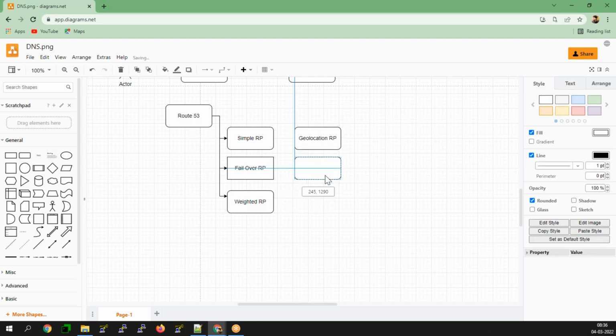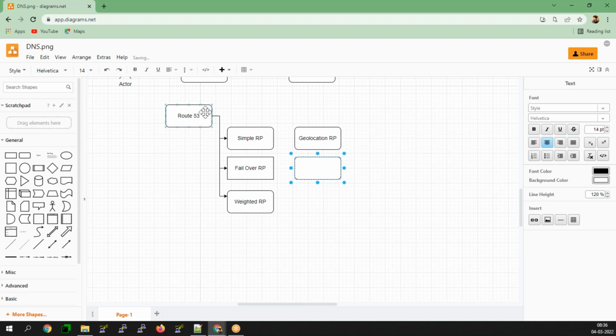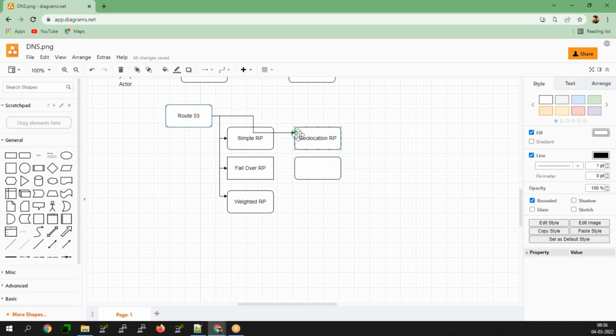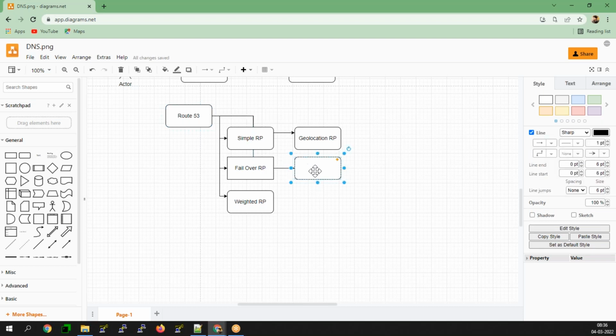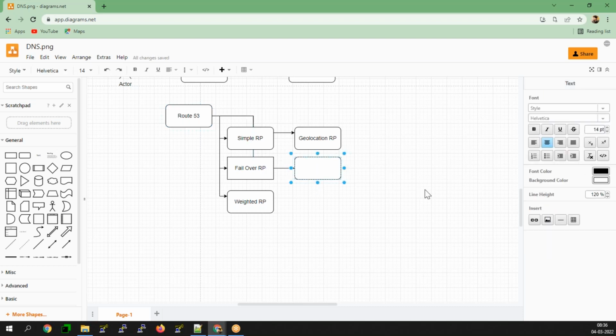And also you have the multi-value routing policy.